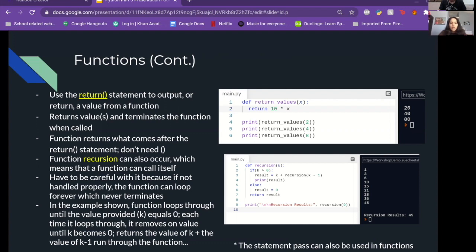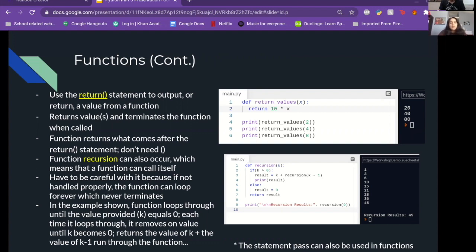So when you call the function, which is named return values, and you input 2, it takes that as x, and then it times 10 by 2. So you get 20. And the second one, you give it 4 when you call it, and so that gives 40, and so on. So you can do that an unlimited amount of times as long as you have the